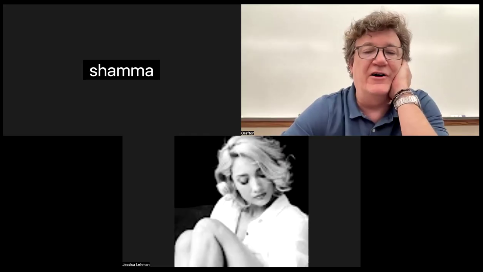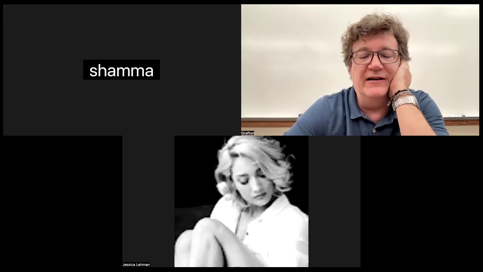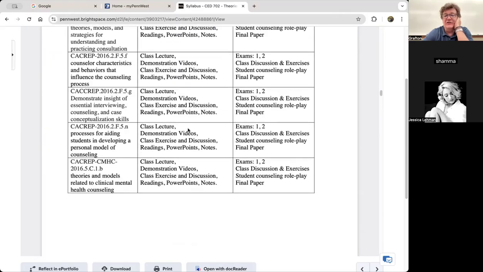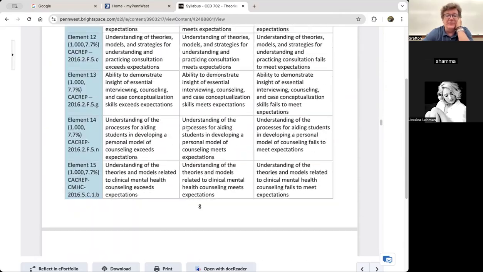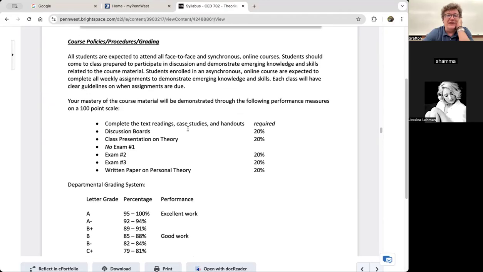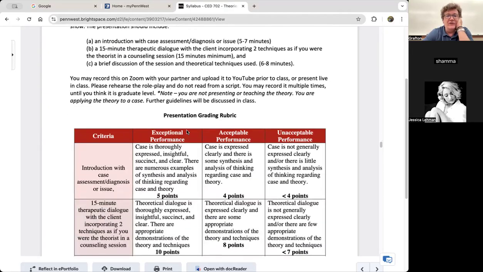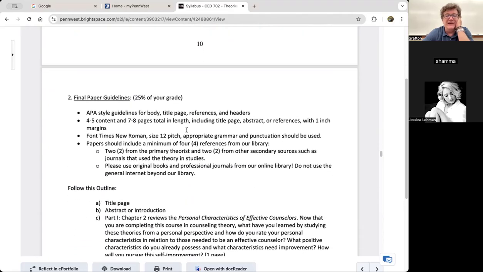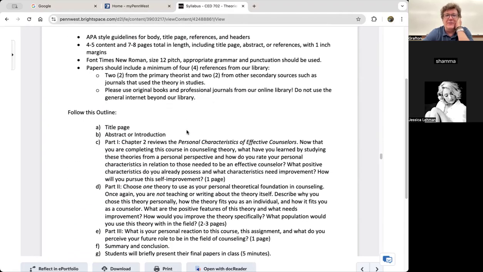All right, so let's talk about the final paper. Basically, I just want you to follow the instructions that are in the syllabus, because the way I wrote those is basically an outline for the paper.